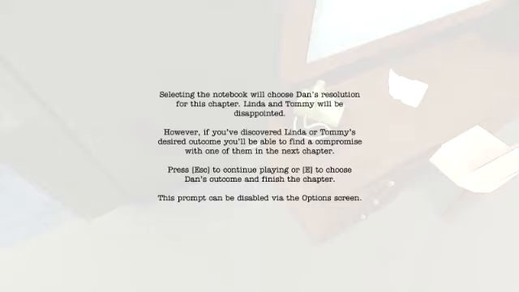Selecting the notebook will choose Dan's resolution for this chapter. Linda and Tommy will be disappointed. However, if you've discovered Linda or Tommy's desired outcome, you will be able to find a compromise with one of them in the next chapter. Push escape to continue playing, or E to choose Dan's outcome and finish the chapter. This prompt can be disabled via...